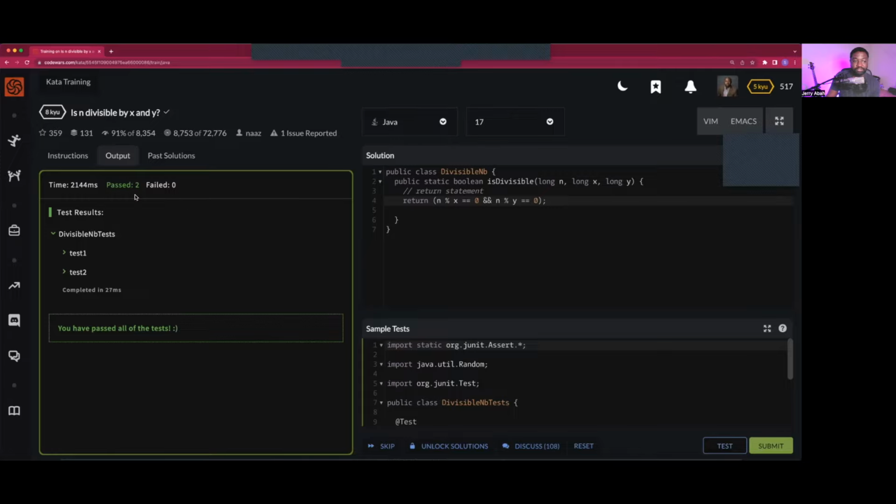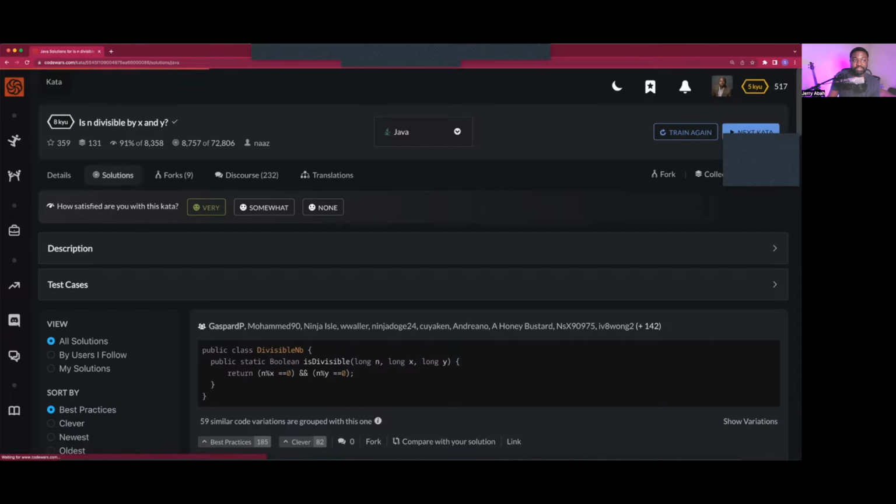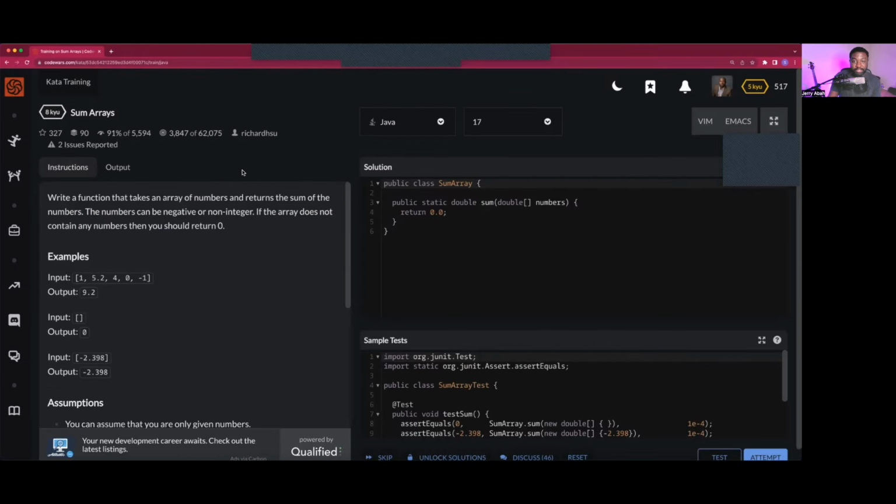Excellent, so it passed. Time to submit, and then we'll take a look at the third question we want to work on today. All right, so the next problem we're going to be tackling today is